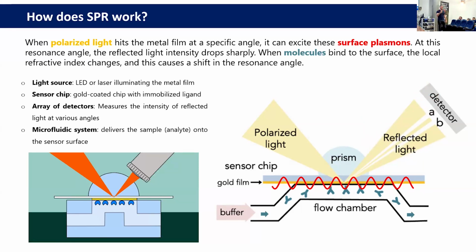read the reflected light. However, as I was telling you before, for some angles of the incident light, there is no reflection, because the energy of the beam is being transformed into the generation of these plasmons. Okay, so for a specific angle, we won't have reflection. We'll have the surface plasmon resonance.